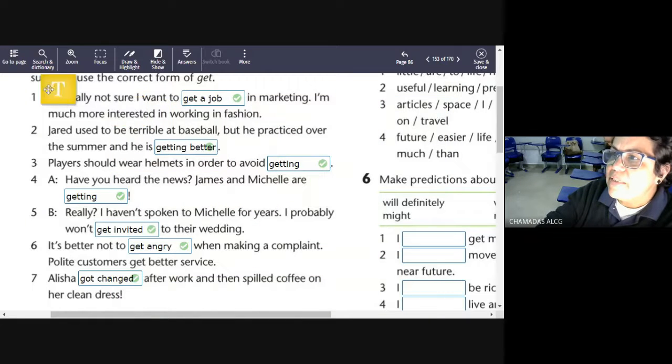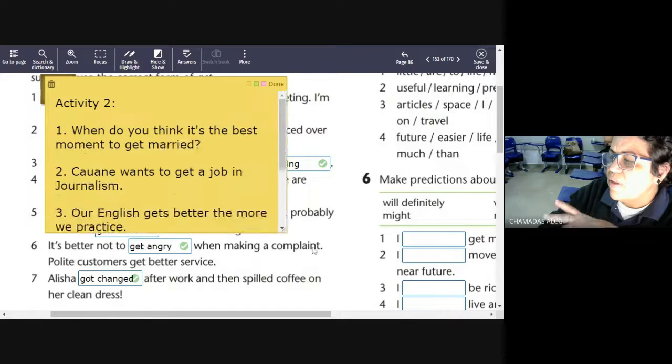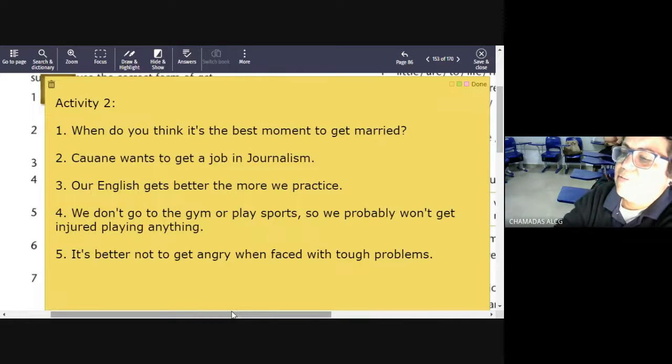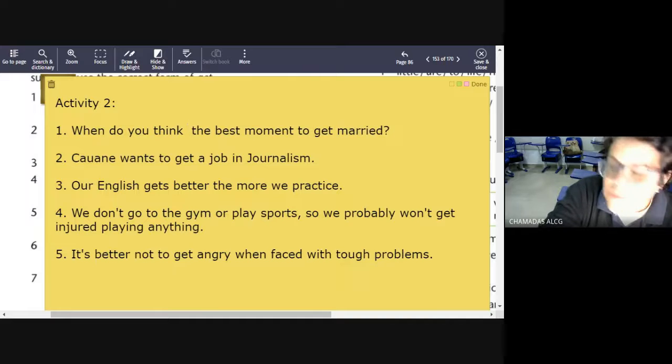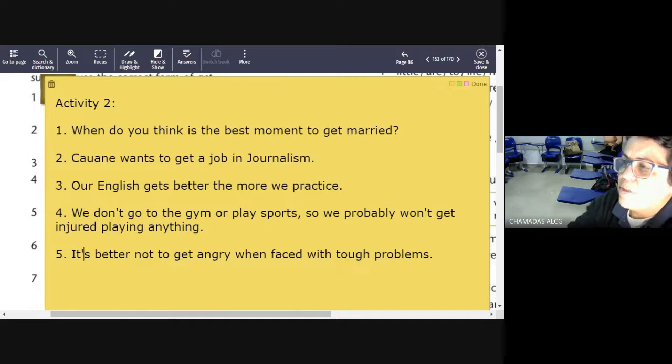So now, people, let's open everything so that you can take a picture. Yes, there you go. 1, 2, 3, 4, and 5. Here, let me change here. And when do you think is the best moment? Okay, just correcting. All right, great, good,